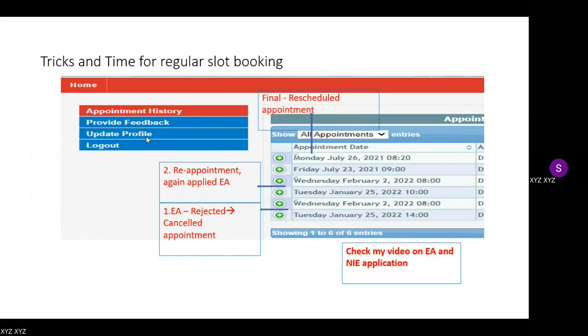For that, you have to apply some tricks. One more thing I would like to mention is that there are some restrictions on this website. You cannot log in to this website n number of times. I think you can access this website up to 4 or 5 times.